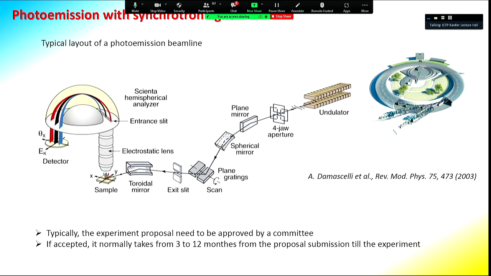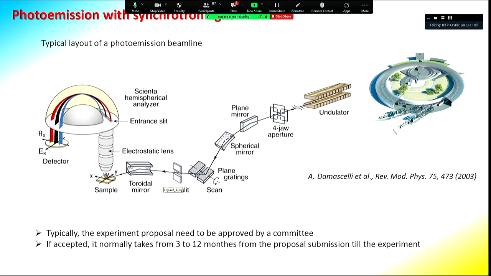This is all that is needed just to bring the light on the sample and to study the photoemission. So for a photoemission beamline, you typically need a synchrotron. You need all these optics like the undulator. You need this mirror. You need a monochromator in order to produce monochromated light and to achieve a very high energy resolution, and all these mirrors and so on. So synchrotron